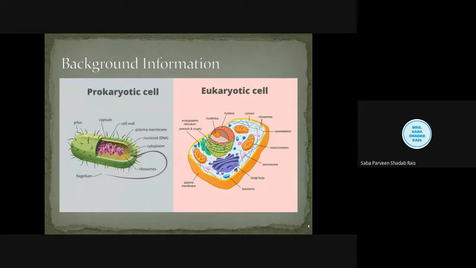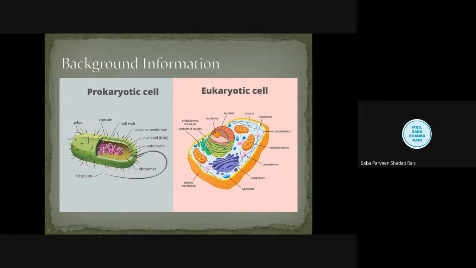Now see, prokaryote is made up of two terms, pro and karyon. Pro means primitive, karyon means nucleus. Although the prokaryotic cells are deprived of a nucleus, they do not possess a proper nucleus, how do they possess their genetic information? So students, their genetic information is stored in the form of a circular DNA. This DNA is called the nucleoid. What is it called? It is called a nucleoid.